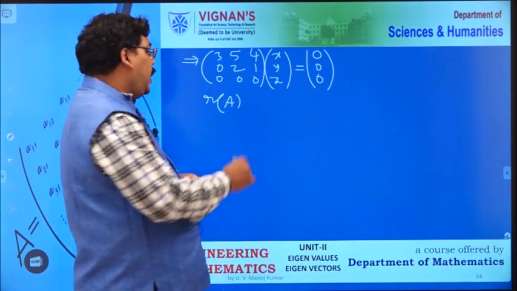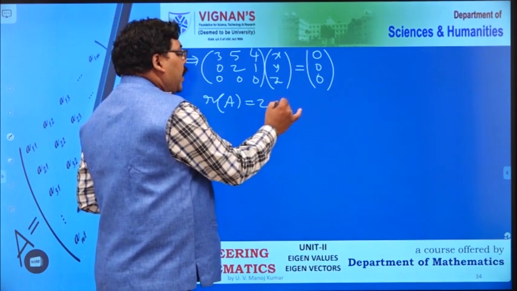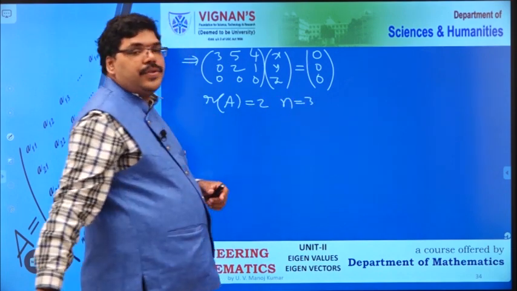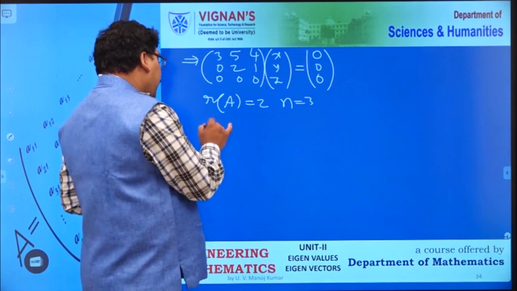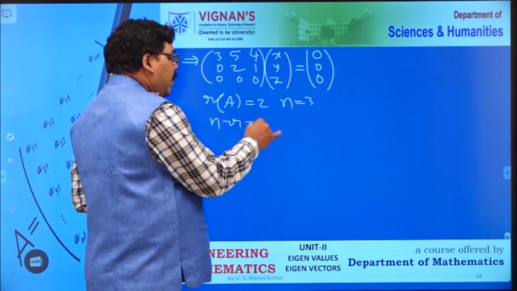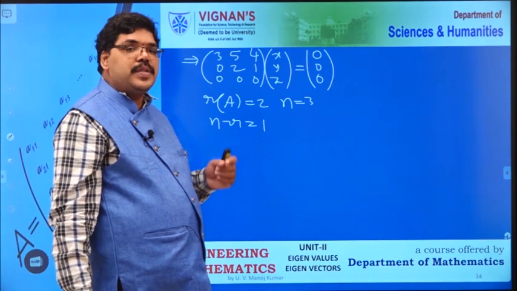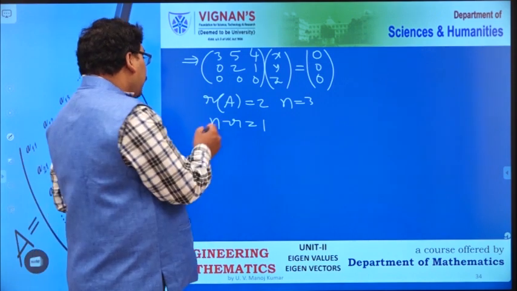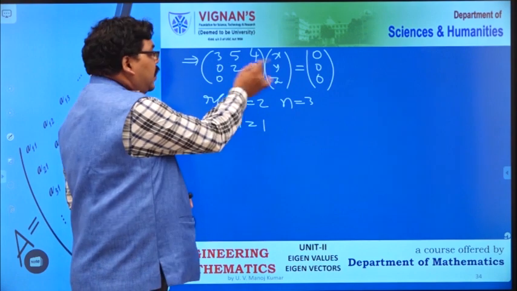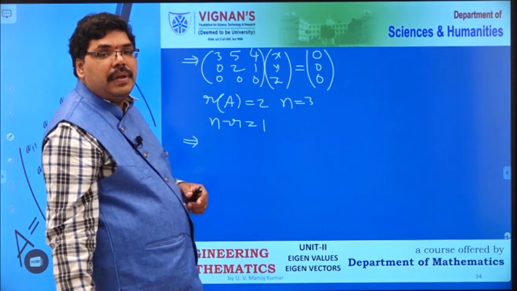Rank of A equals 2, number of variables equals 3. So n minus r becomes 1. When n minus r equals 1, we can choose one of the variables as an arbitrary constant. So if you write this into linear equations,